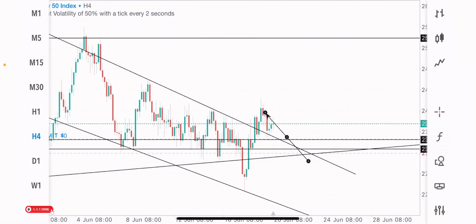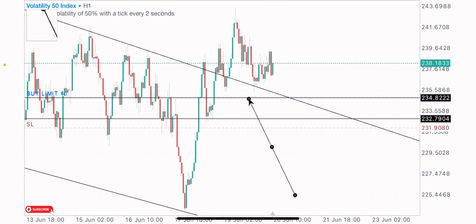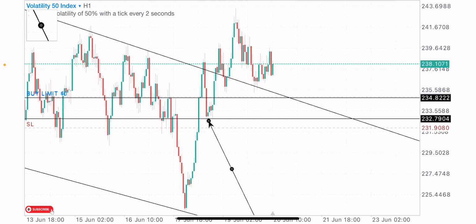So that's my expectations on this index, and my TP levels would basically be at this point. Let's go to the 1 hour time frame so we can have a clearer view on this. You can see where my stop loss level is at, below this structure, these lows here, this last close. That's where my stop loss is at 231.9080. So price pushing down, I'll be taking the buys, and I'll be taking more buys. I'll be getting more entries here, right?